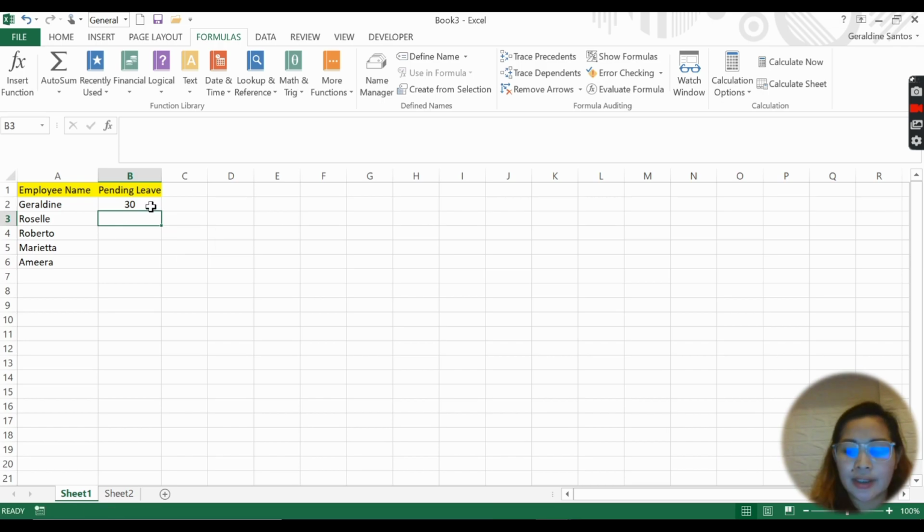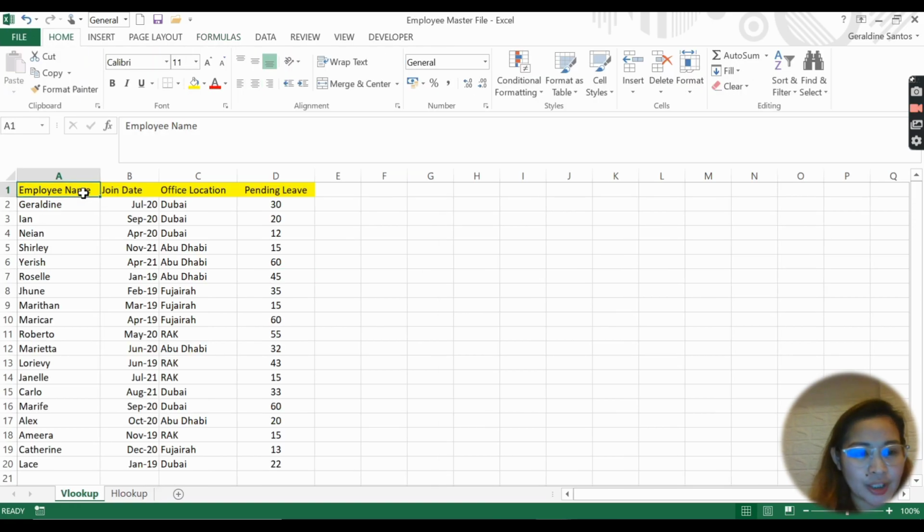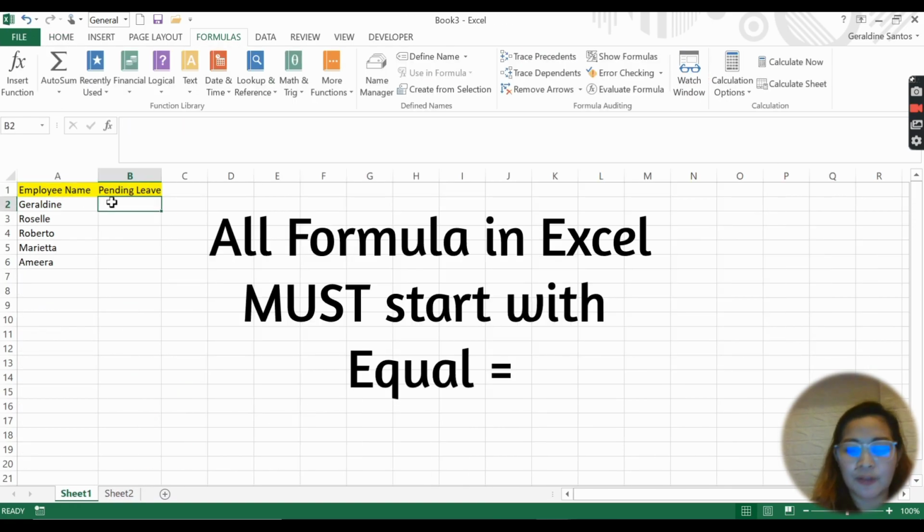So guys, as I said, if you're going to do the VLOOKUP and HLOOKUP, you should have a common variable. My common variable is employee name. I have an employee name here. So your formula is equal. All formulas in Excel must start with equal.